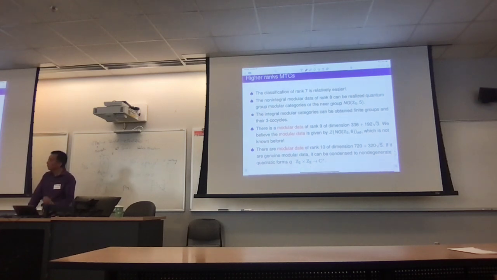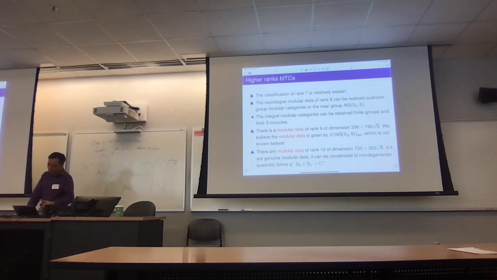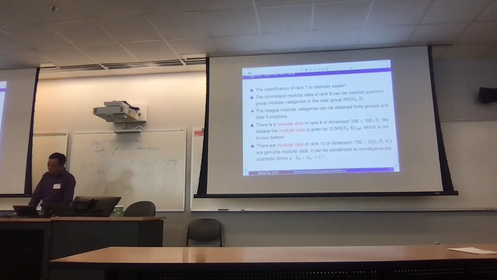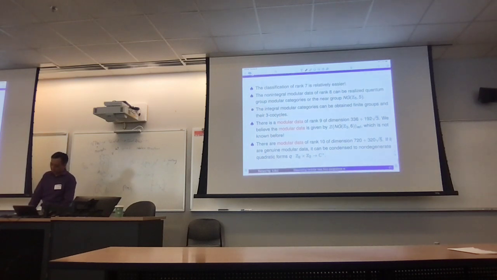But I want to point out when you go higher, you have something extreme. So classification rank 7 using this machine is pretty easy because 7 is a prime number. It's a short answer. The long answer is there are not many factorizations, there are fewer choices. The non-integral ones start to be interesting. They are either recognized by the quantum group, and the Lie group shows up, which is a subfactor